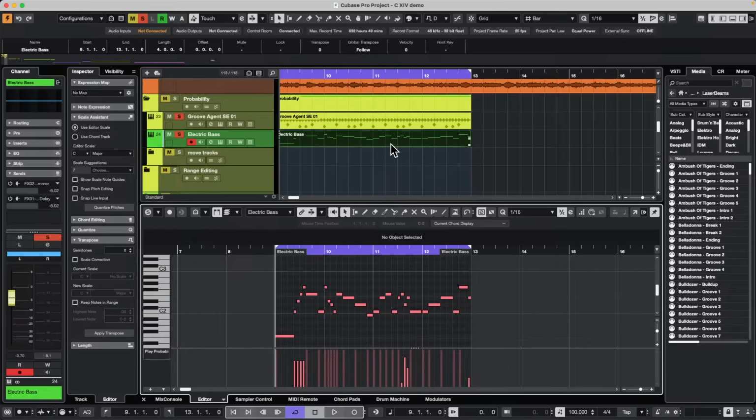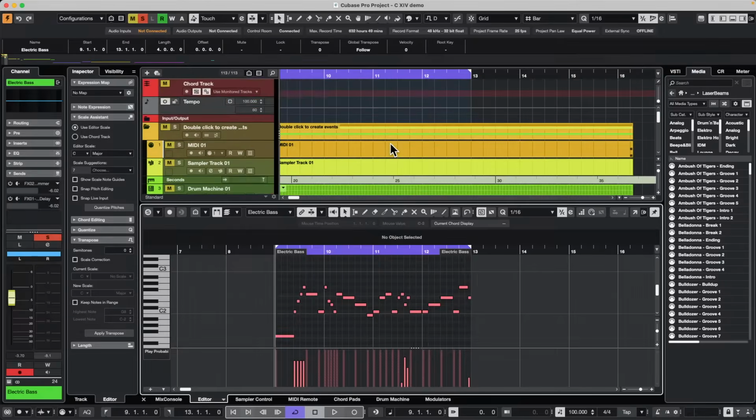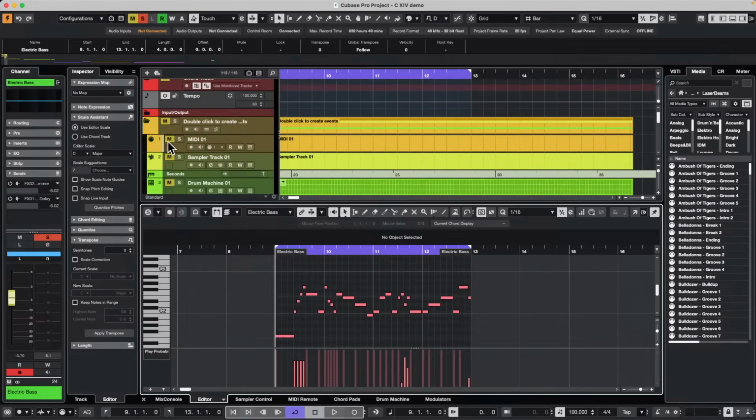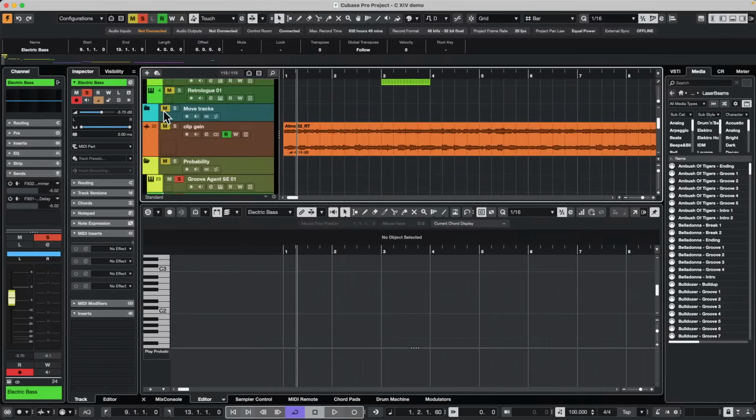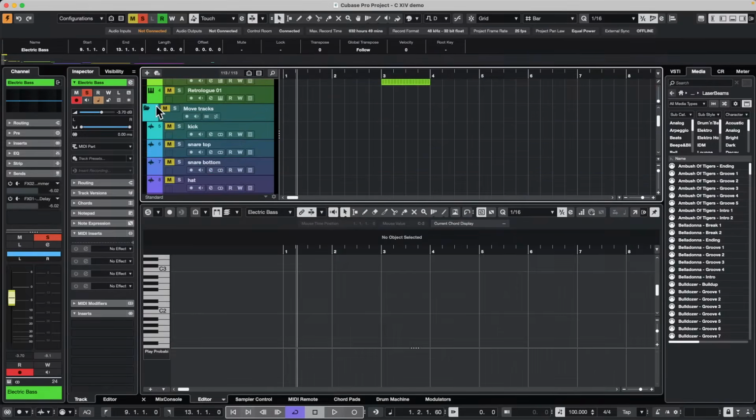One long-standing feature request has been the ability of being able to move events within different parts. So let's say we have a lot of tracks. We have a lot of tracks. So we go to our mix console,